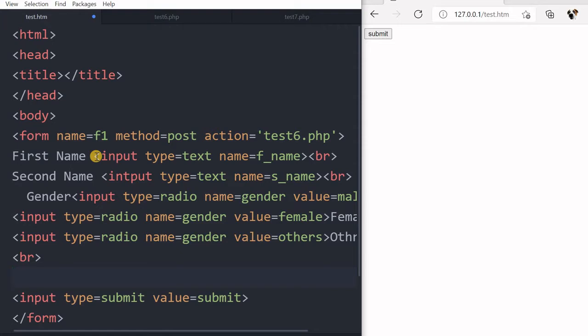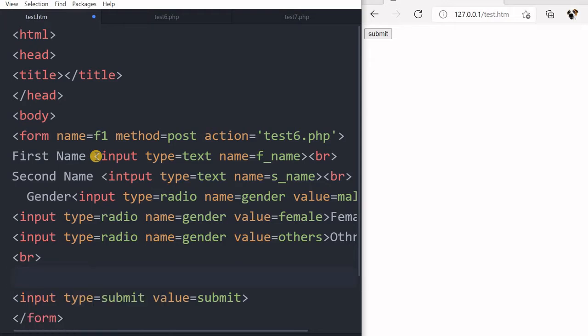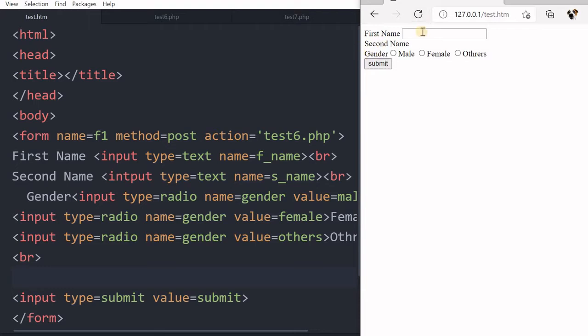Now I will ask what languages you know, because here the user will select more than one option, so I have to use check boxes, and the options are not mutually exclusive. Before that, let me just save this and refresh to see how it is so far. Fine, it's first name. Second name, input type text. Let me refresh this and see. Yeah, second name has come, gender has come. Okay, fine. Up to this it is fine.